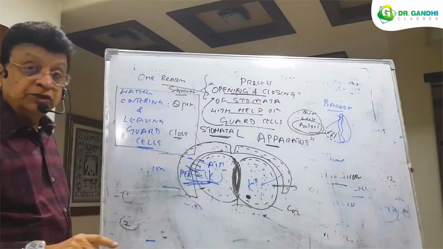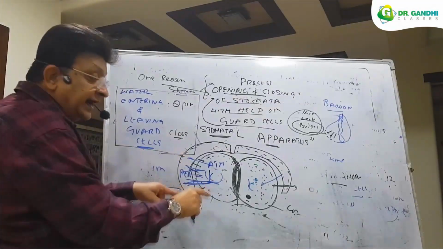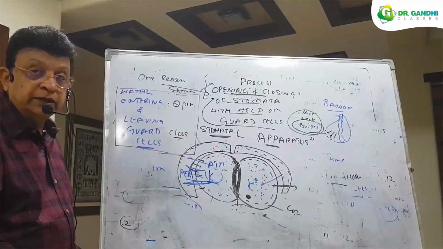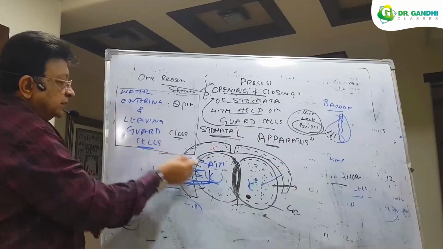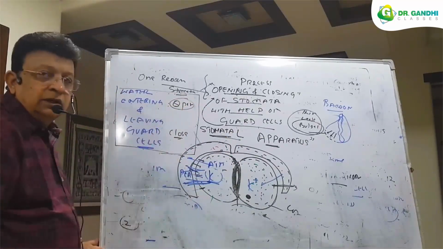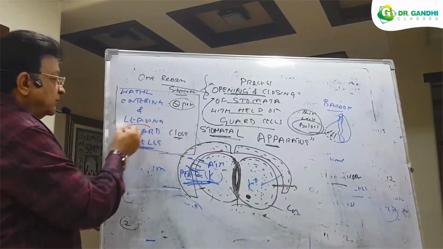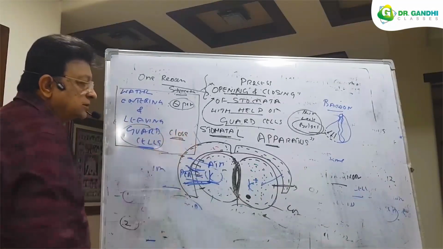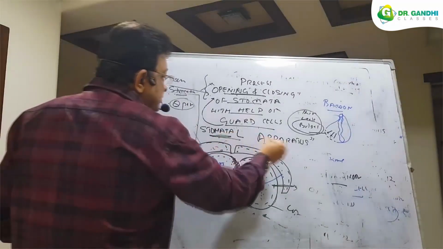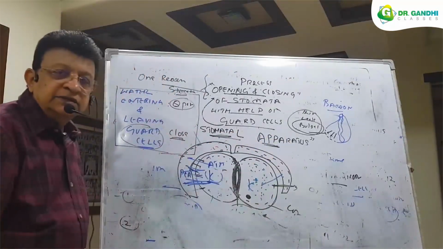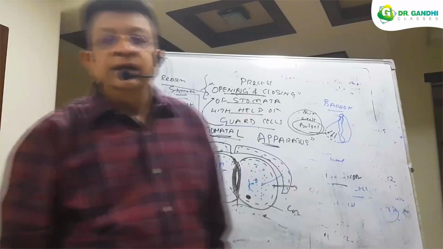I'm not talking about the theory, I'm talking about the practicality of the opening and closing of stomata. In the stomatal apparatus, the water enters the guard cell, stomata open. And when the water leaves the guard cells, the stomata close. Identify the diagram, stomatal apparatus. So that takes care of the chapter